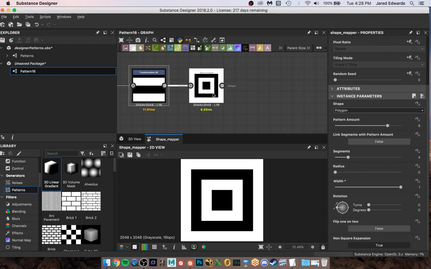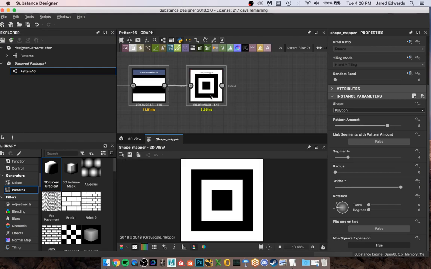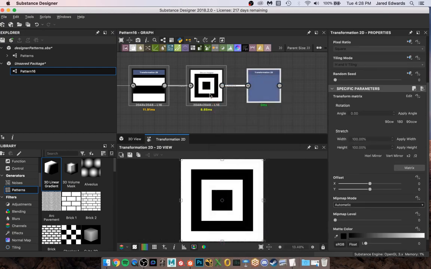Now I could do a tile generator, and I know I've been using that a lot. You don't always have to use a tile generator if you're doing something really simple with super basic shapes. Like I know this is going to tile pretty easily. I mean, it tiles naturally anyway. So what I'm going to do instead, just to maybe make this a little more efficient, because the tile generator is kind of beefy, let's put it in the